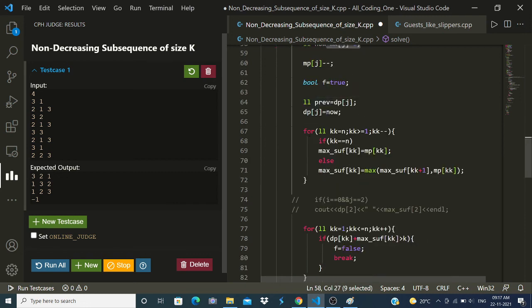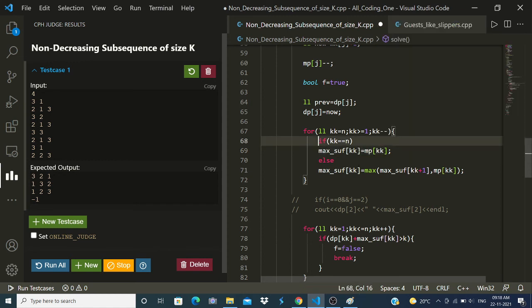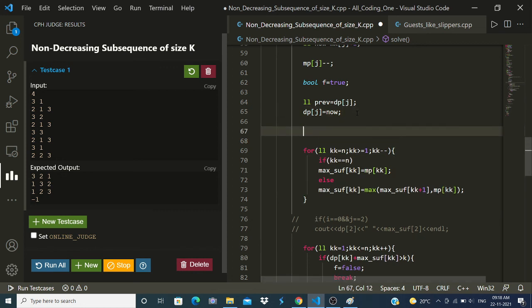And then I just calculated this maximum suffix array, and as I said, maximum suffix of any element will actually be storing the maximum count of all the elements from that up to ahead.